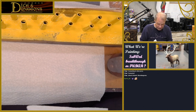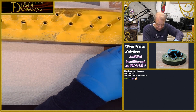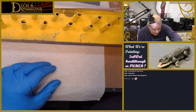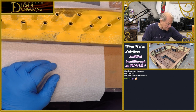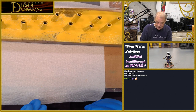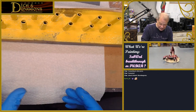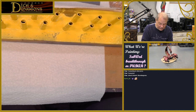And once those are primed, then next Wednesday, in addition to trying to get this missile launching area put together, I can start painting those too. There's some areas in the hull of the submarine that have detail on them, and maybe a little bit later, like right after break, I'll pull that back out and do some detailing. But in order to really make any kind of progress after this, assuming I can get this together next Wednesday, if the second coating goes well and I don't have to do too much manipulation to get them to fit,